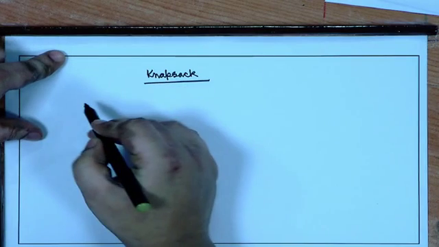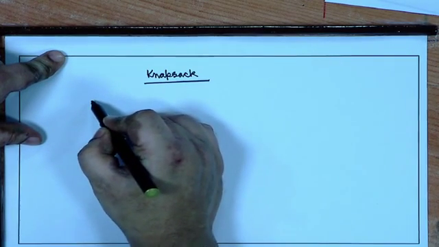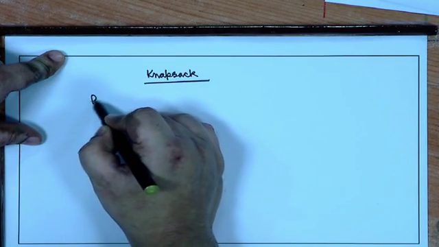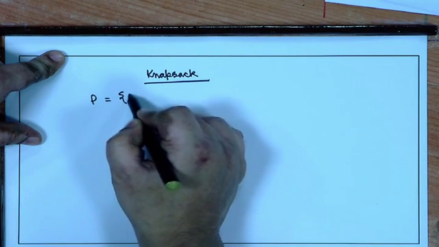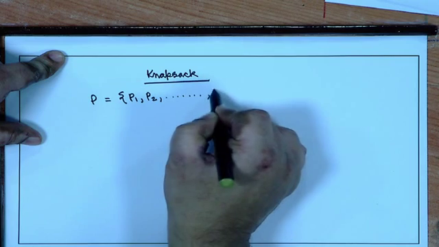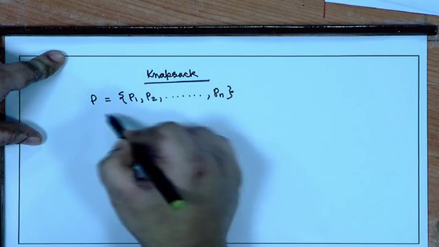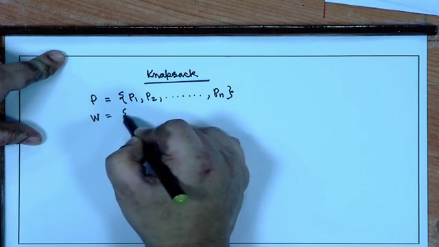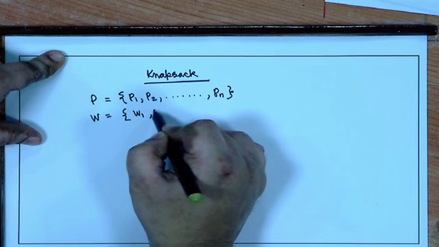You have got a set of n items. Each item has got a profit P 1, P 2, P n, and each item has got a weight W 1,